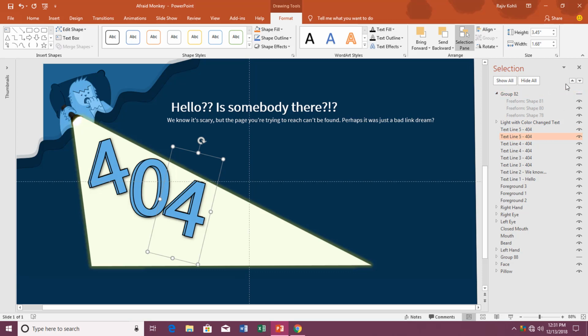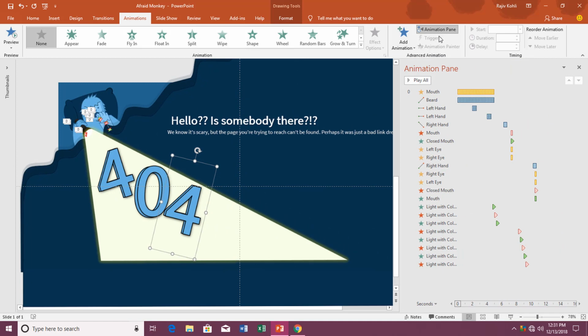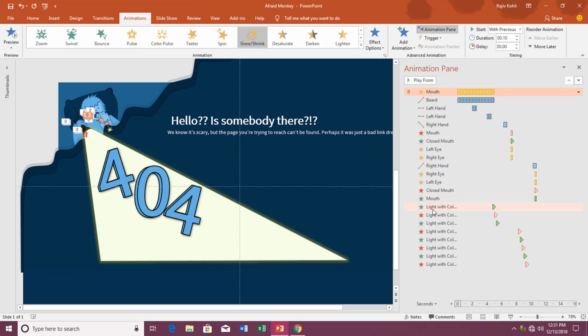And now let me show you the animations that I have applied on this presentation. These are a total of 22 animations, whereas only the first 15 animations are different, and then I have repeated the last animation with different delay timings. So let's start from the beginning, and let me delete all of these animations first by selecting the first one, then holding down the shift key and hitting the delete key on the keyboard.